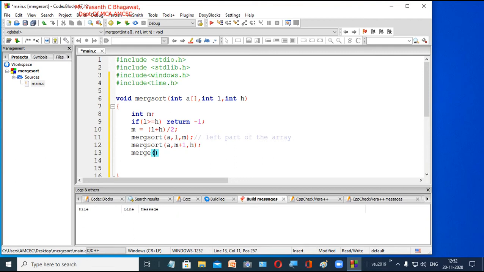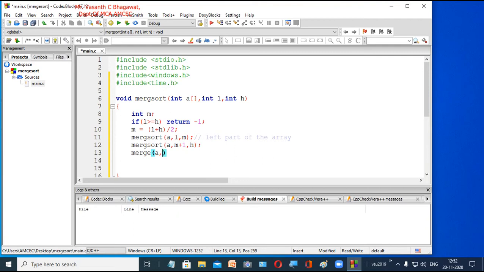So just be careful regarding the function names because you should not confuse. So now we are going to write another new function, merge. So for merging, what we need, now we are supposed to pass array A. Now in theory, in the algorithm, we are talking about merge B comma C, the array B and array C. Now here we don't have array B and array C.